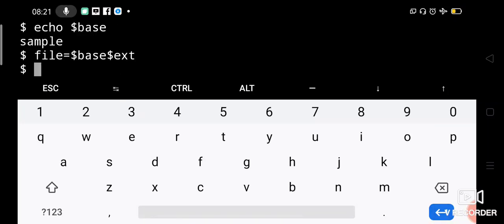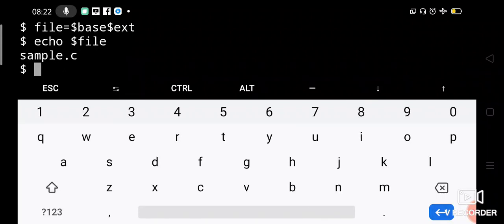Okay, now let us check what is there in file. Echo $file. It is sample.c. We have combined the value of base and ext, which are two different variables. We have concatenated the values of base and ext and stored in another variable called file.